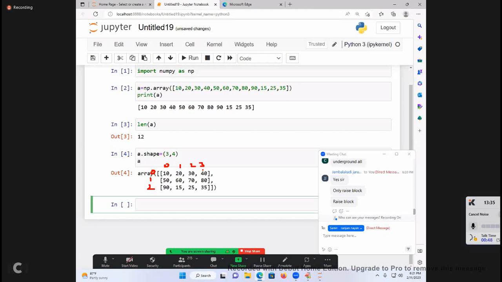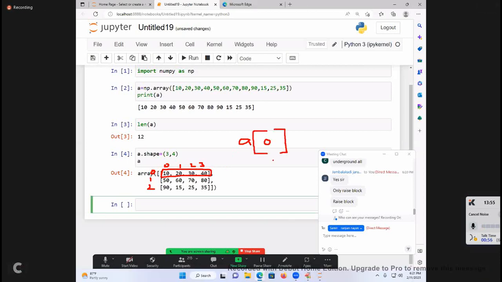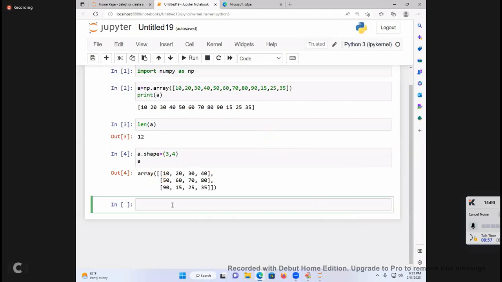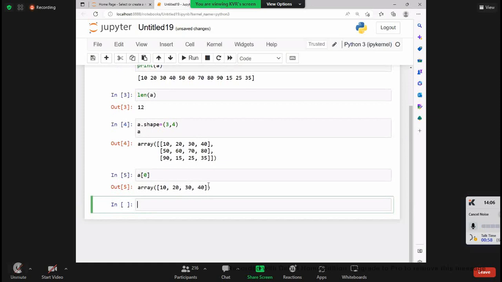Now I want to get the first row. First row means this part. First I will go like this: A of ndarray, what do I want? 0, you write it. It is more than enough to get that row. Okay? Fine. How do you write it? A of 0. That's all. Simply.